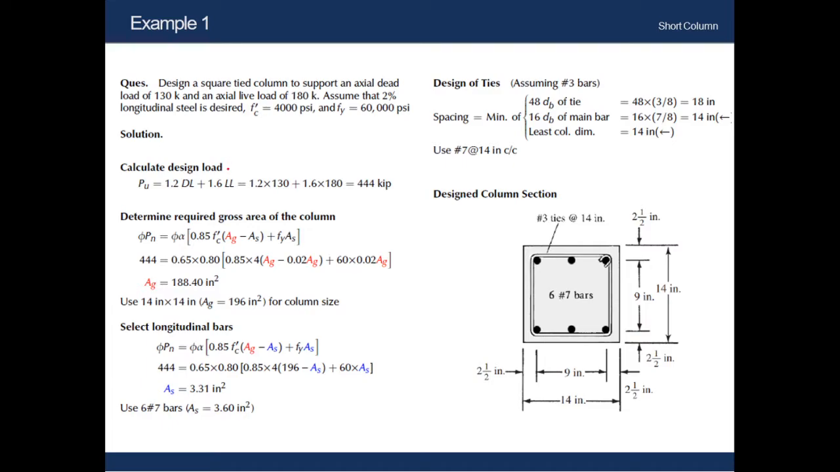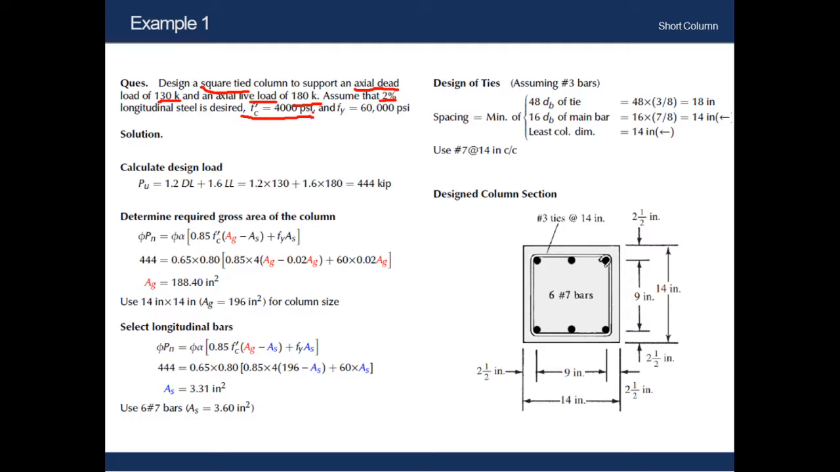Now let's see our first example. In this first example, we have been asked to design a square tied column which will be supporting an axial dead load of 130 kip, and the live load will be 180 kip. The value of steel percentage, or the ratio of reinforcement, is given as 2%,